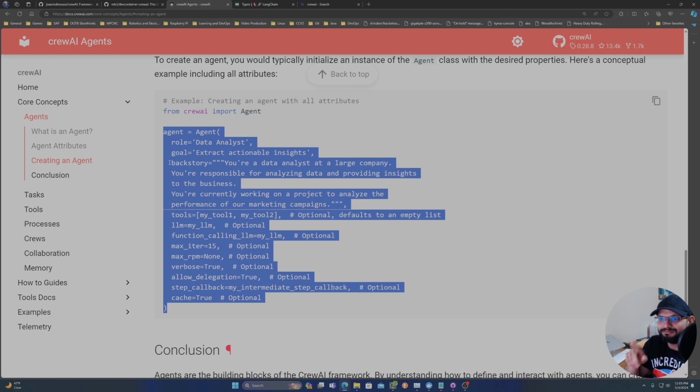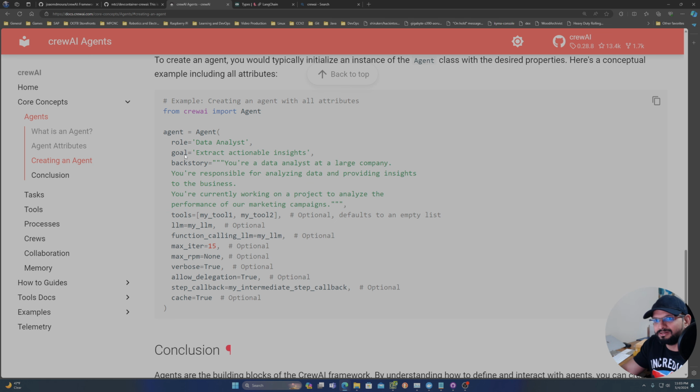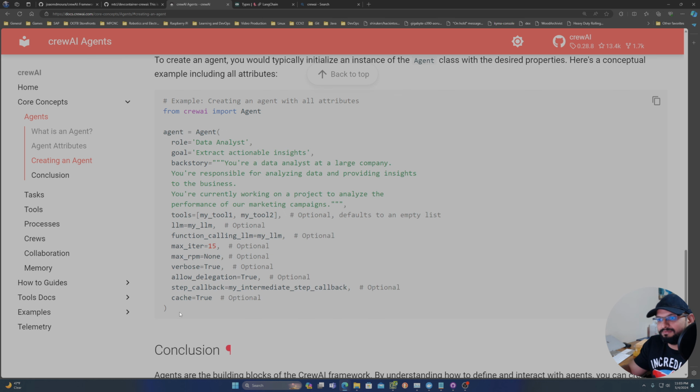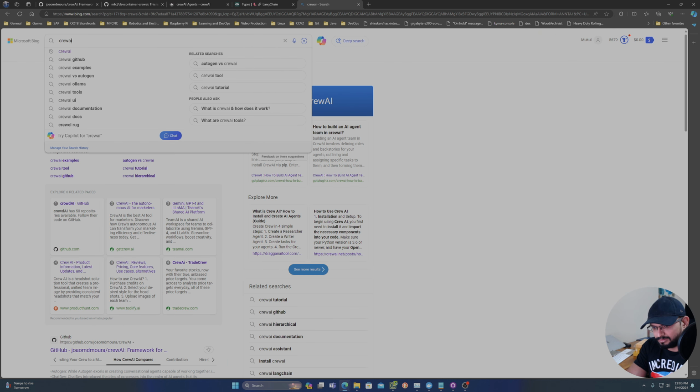And this is why there is some discrepancy in, shall I put all the backstory in here, right? I mean, can you? Yes, you can. But when you do that, your agent becomes very bloated, and it doesn't look very good to have all the data right in there, right? So there has to be an elegant way, which they did, and which is what I want to show you over here. But before I jump into that, let me just see if I can find